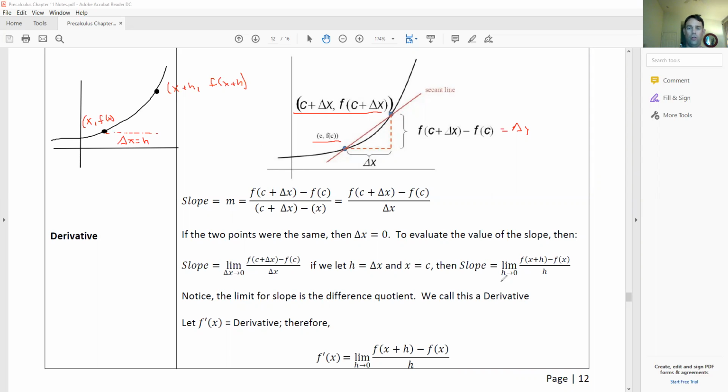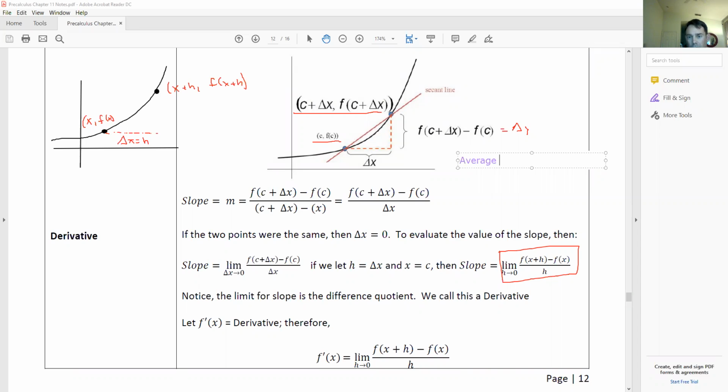And if you do that slope for those 2 points, it ends up giving you this, which we've seen before. That was the difference quotient. So this difference quotient ends up being the slope at a point on a graph, the instantaneous rate of change. And since instantaneous rate of change is pretty lengthy to say, math people say, well, let's just call it a derivative. So the derivative, or the instantaneous rate of change, equals the difference quotient. So to kind of put this all in perspective here,